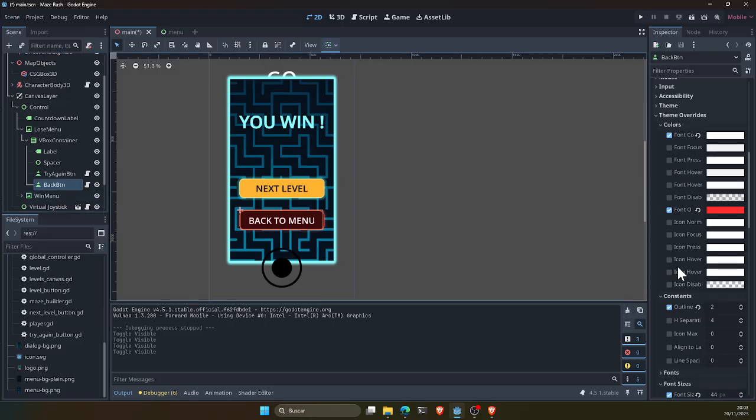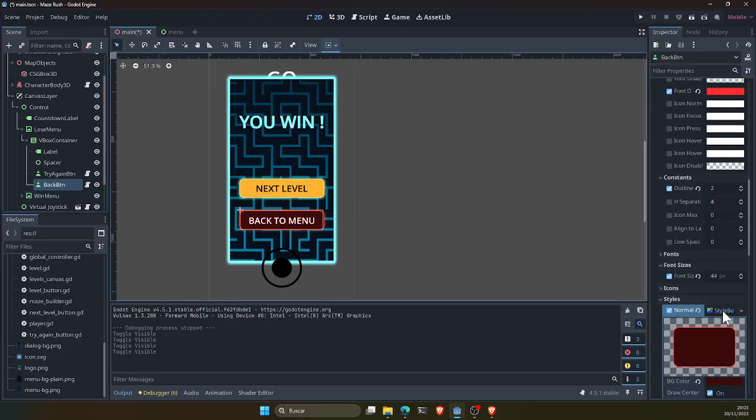So I know that I could create some reusable styles here and save them and everything, but I just prefer to have them manually created in each of the buttons, and then in the future, if it's needed, I would create some reusable